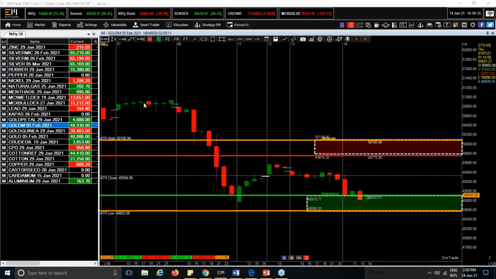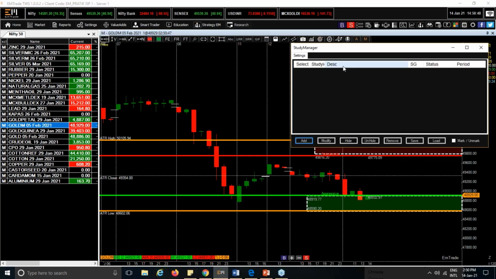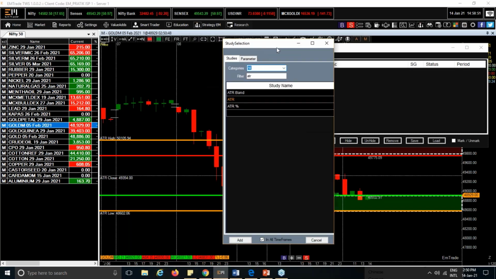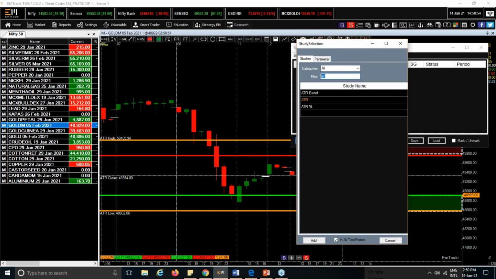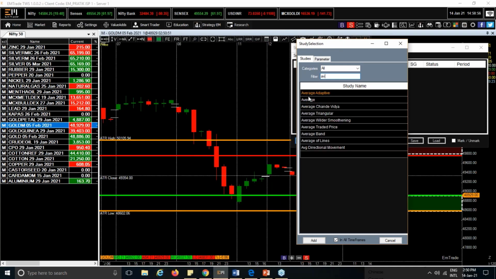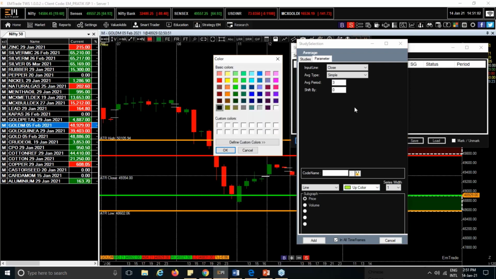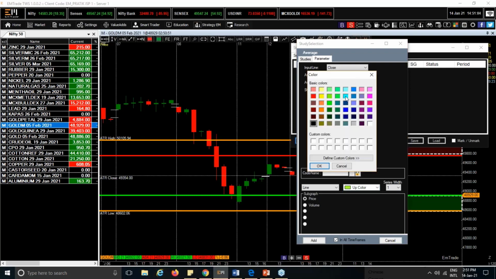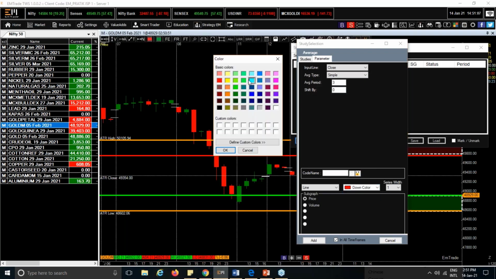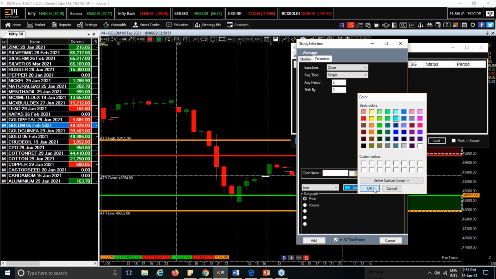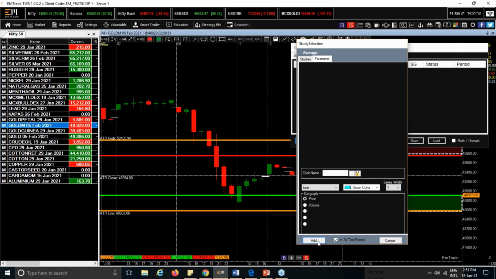I got one more question: is only one indicator sufficient, or can we use any other indicator? See, I preferably use along with the Fibonacci ATR, you can use the moving averages part. On the moving averages, you don't need to use multiple moving averages, you can use a single moving average, that's also fine. So that's a 3 days moving average, or 3 candles moving average. I just mentioned the color, light blue color for up and down. It's a simple 3 days moving average. Increase the thickness and add.